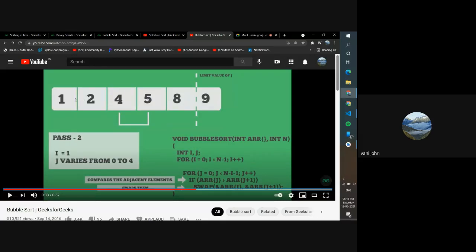That means the number we are searching for cannot lie in this part. Why? Because if 4 is smaller than 8, everything before it is also going to be smaller than 8. So we can just throw this part out, and then we search in this part. Are you understanding? If we were searching for 2, 4 is greater than 2, so we know it's not going to be over here, it is going to be in this part of the array. Do you understand?